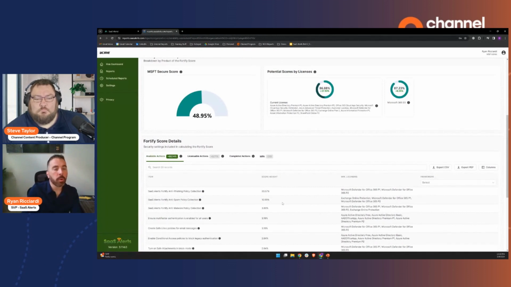So you can say, hey, if you were going directly through Microsoft, you'd be less than 50% secure. But because I'm using Bullfish or whatever you use for anti-phishing, and because I'm using Duo and all these things, you're actually at like a 74%. So if you weren't with me, you'd be down here. But these are all the extra things that I do for you. So it becomes a very valuable tool for stickiness.